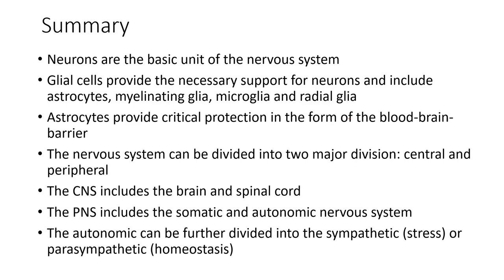Okay, so let's summarize this lecture for now and cover what we've discussed so far. Neurons are the basic unit of the nervous system. Glial cells provide necessary support for neurons and include cells such as astrocytes, myelinating glia, microglia, as well as radial glia. Astrocytes provide critical protection in the form of the blood-brain barrier. The nervous system can be divided into two major divisions, the central and peripheral. The central includes the brain and spinal cord, anything encased in bone, and the peripheral nervous system includes the somatic